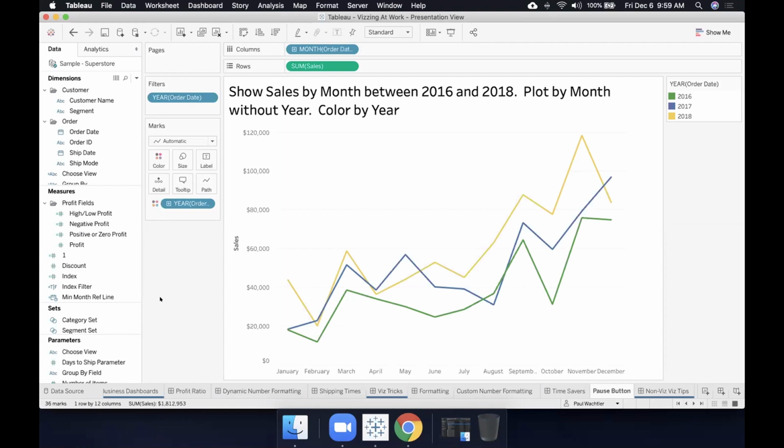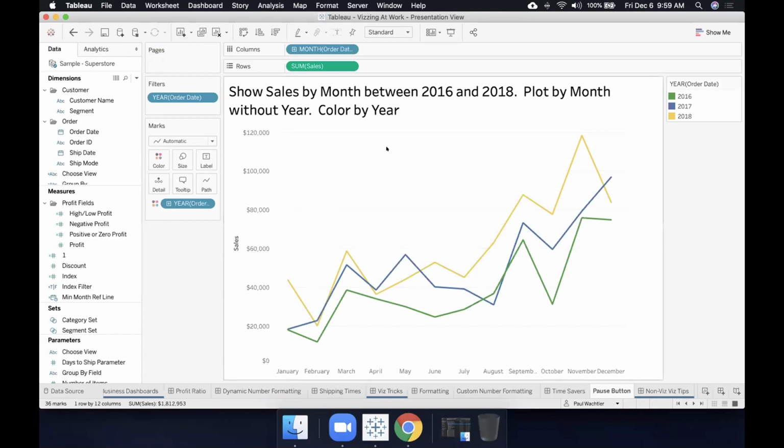So to alleviate that, you have this pause button up here. So what the pause button does, it's gonna pause Tableau's auto updates. So that way you can put all your fields that you want onto your Viz as it's paused, and then click play and it'll process everything and show it all at once.